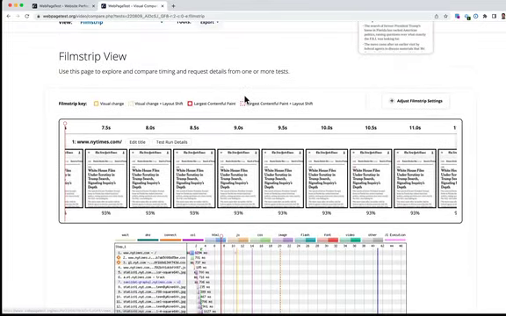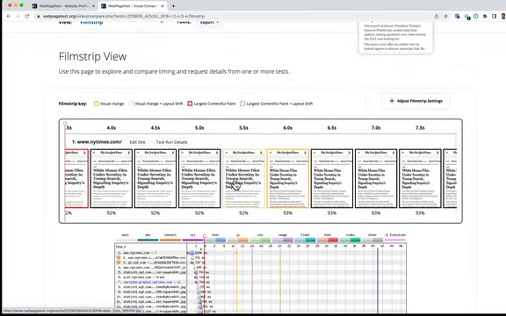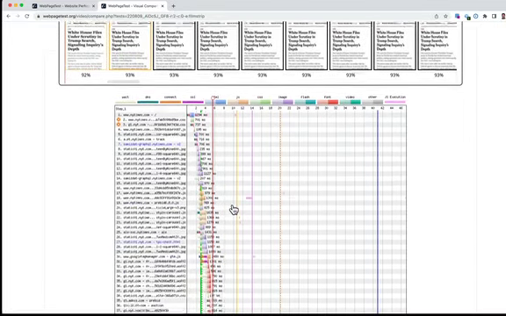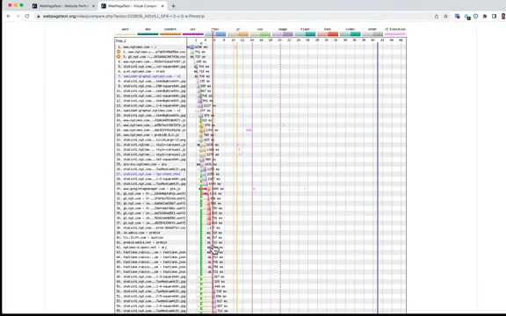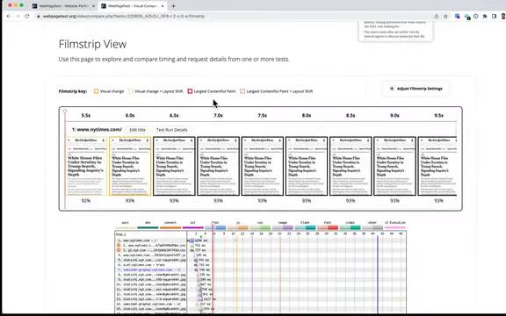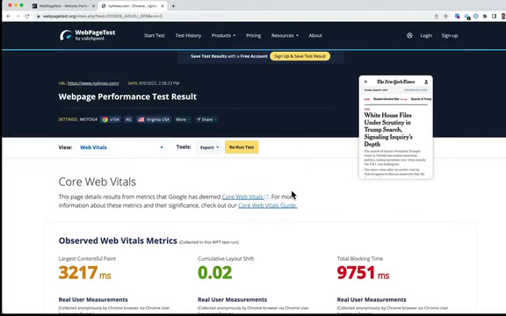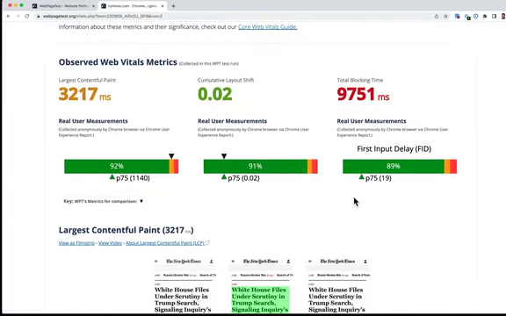So really, really useful if you're trying to line up, why is there a big layout shift right here? Then I can look down and start to figure out what file happened to finish downloading and executing right around then. So it's easy to start debugging from there. You can get information about your Core Web Vitals, specifically here. This is some of the metrics that were shown in the summary page, but they're actually in a lot more